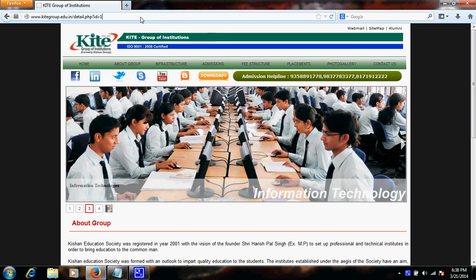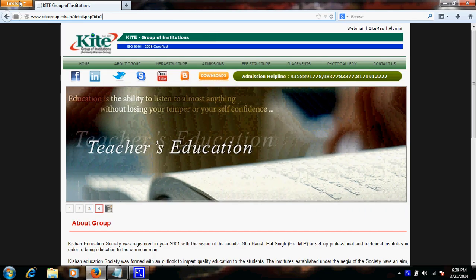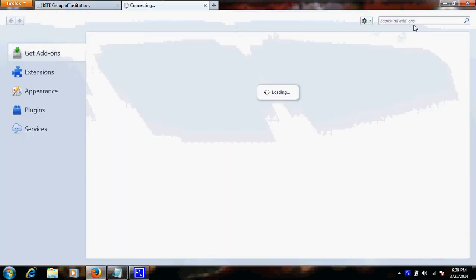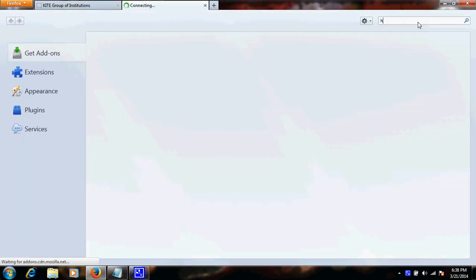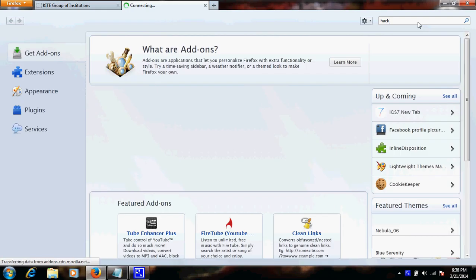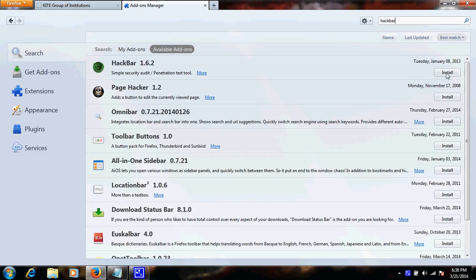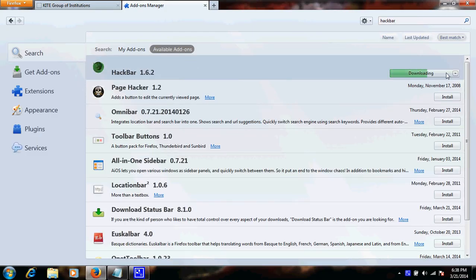I would suggest you always use an add-on with your Mozilla Firefox browser. Before I move on, I should use this add-on named Hackbar, because it will be very easy for me to hack the website when I'm using this.